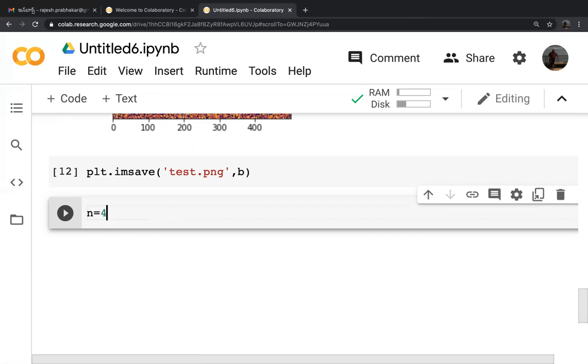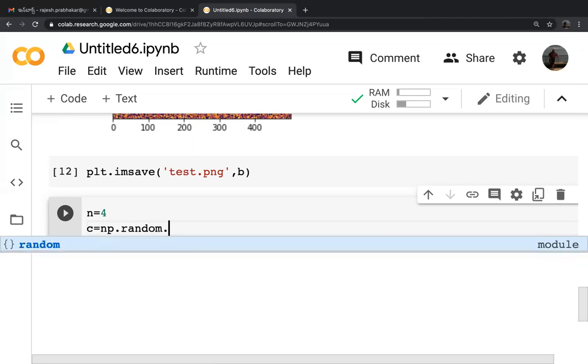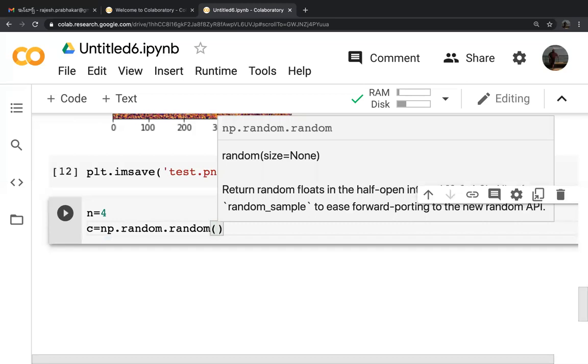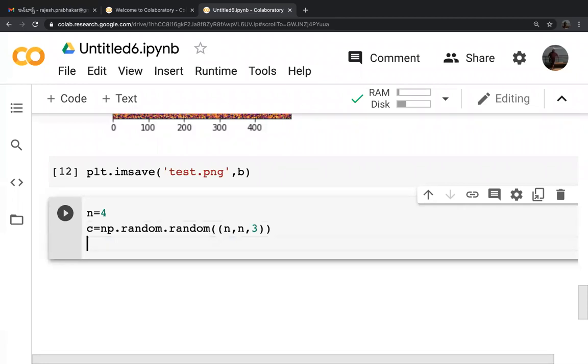N is equal to 4, C is equal to np dot random dot random. The first one is the library name, the second one is the function name, in brackets n comma n comma 3. So n is equal to 4, and we are creating a 4 by 4 matrix.